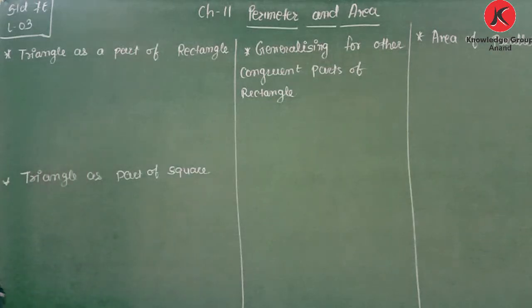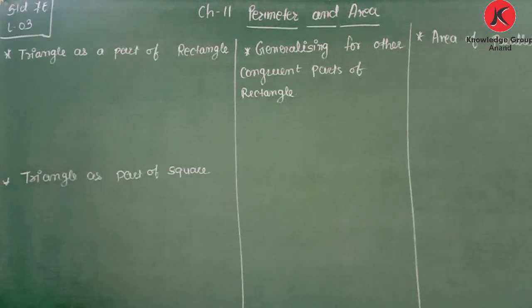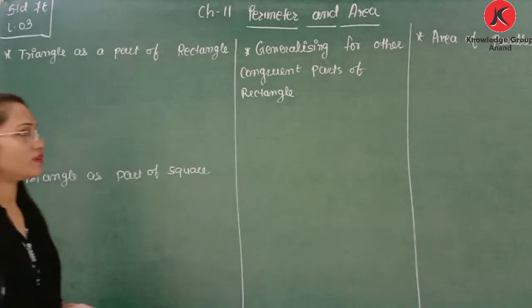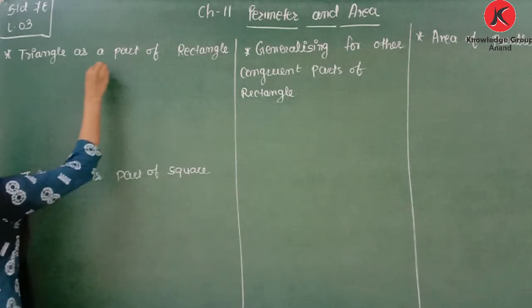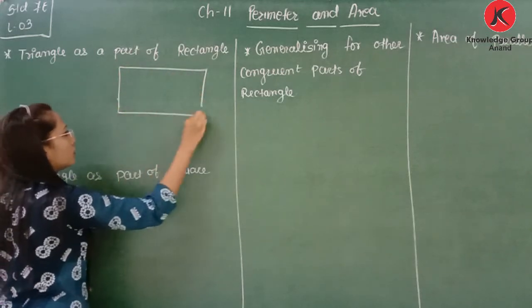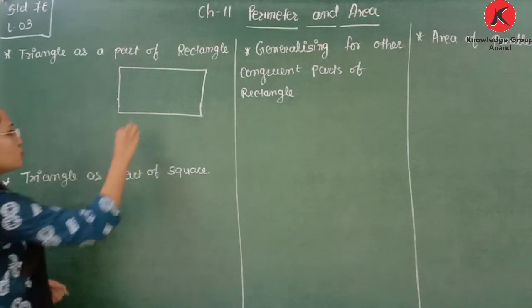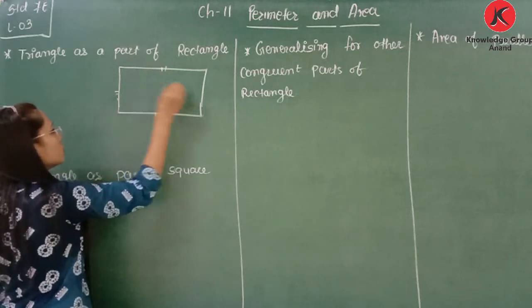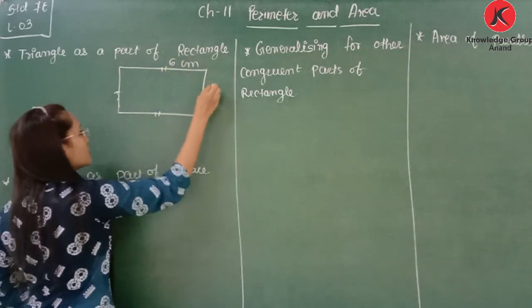Okay, we get some basic information about the area of a triangle and some information about the parallelogram, so we will revise that concept also. So first, a triangle is a part of a rectangle. Now if we consider one rectangle, we know that in a rectangle opposite sides are equal. So these two sides are equal and these two sides are equal. If you consider this as 6 centimeter and this as 4 centimeter,